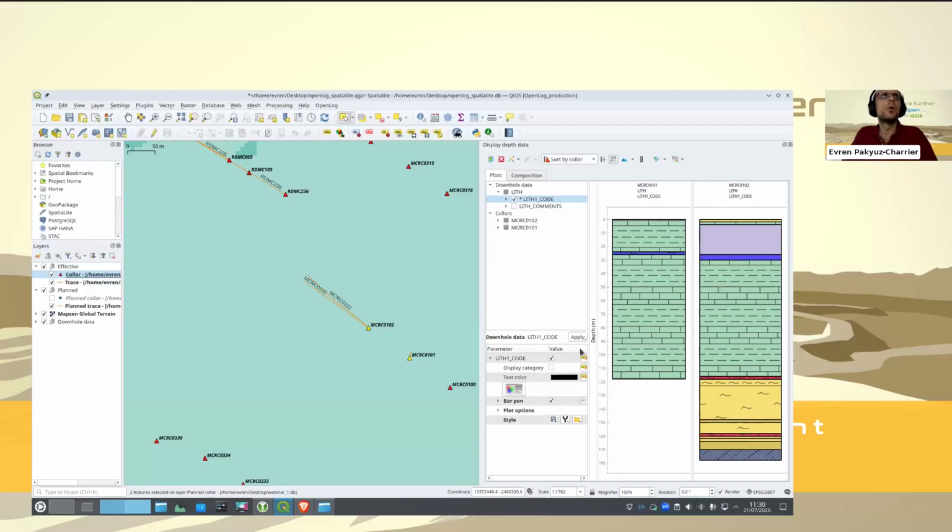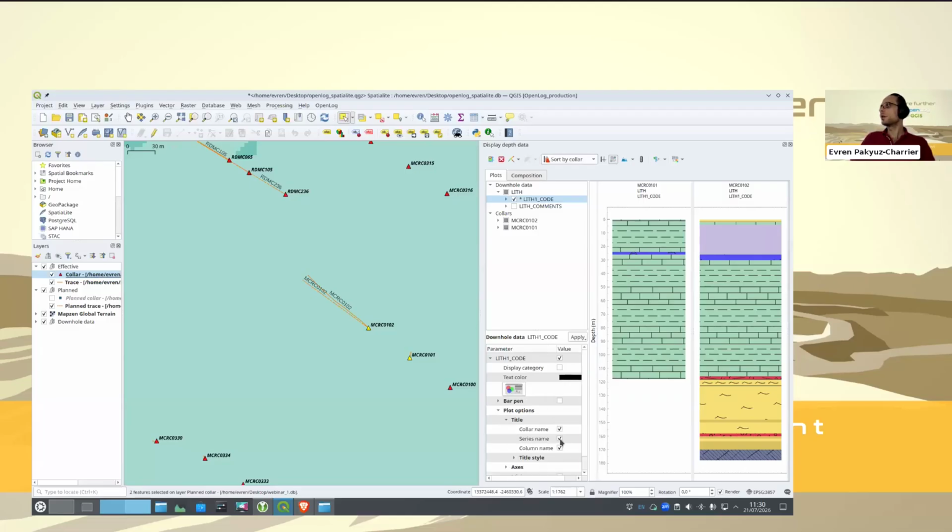Let's say I already know what each pattern and color means. I don't need the written category associated to it, and that's fine. You can get rid of that. You could also get rid of the pen, for example, if you want something a bit leaner. There's options for